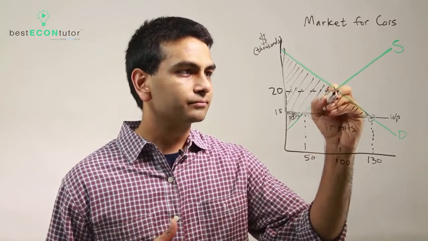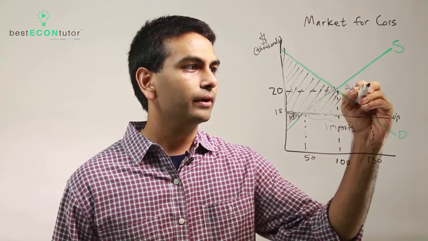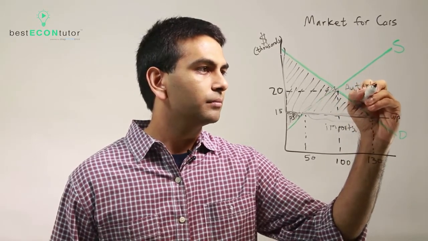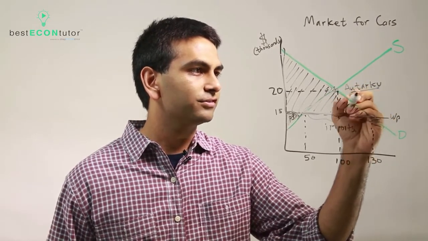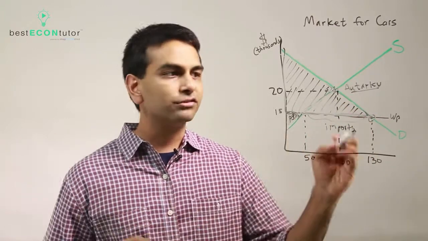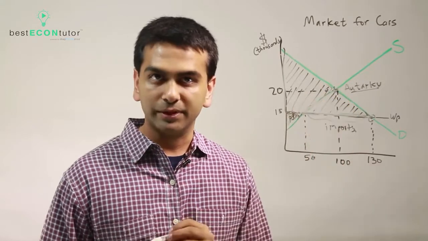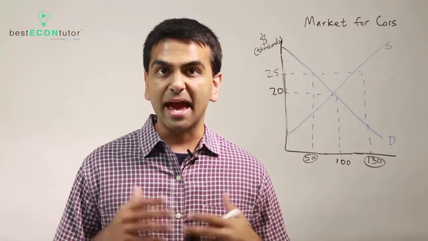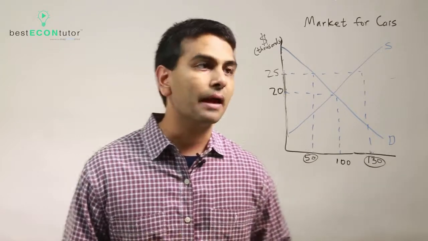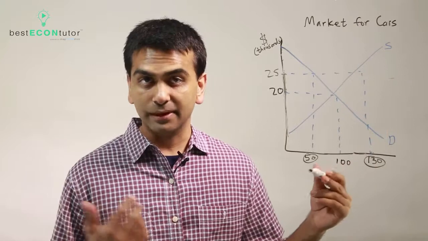So here, if you are at this point, the name for that is autarky. It's a weird word, but some books and professors use it. But autarky is just if you're not trading at all, if you're blocking yourself off from the rest of the world and only restricting yourself to that domestic equilibrium. So now let's look at exports. Exports will happen when the world price is actually above your domestic equilibrium price.